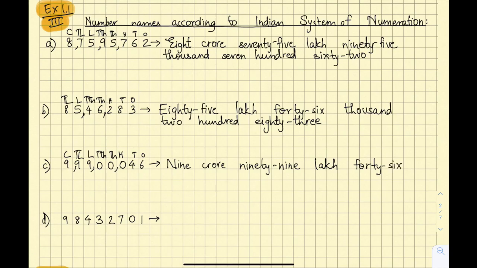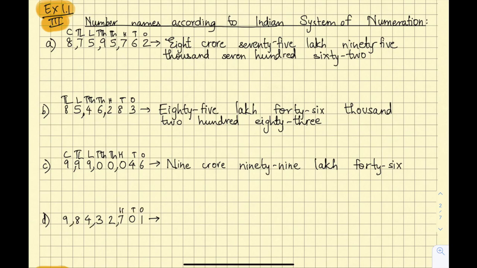Other places there is no number, that is 0, so we just skip them. We do not write them here. Because even if we write 0,000, it is nothing but 0. 0 hundreds is nothing but 0. So therefore we directly move on to the next digit 4 and 6 in tens place. So 46. Now groups of 3, 2 and 2.